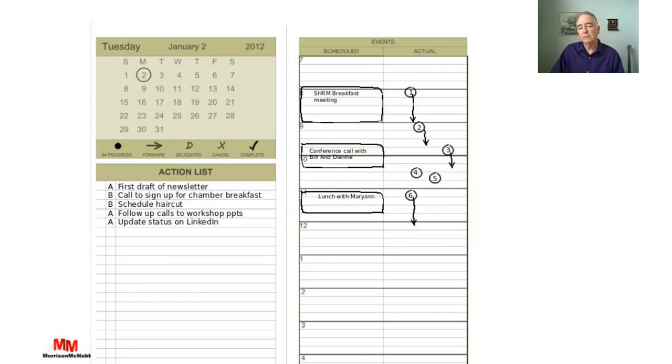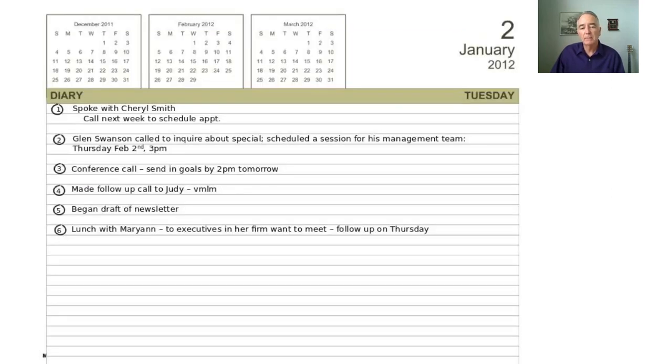Now, if you look at these circles right here, I know you probably can't see my cursor, but there's a 4 and a 5 that don't have arrows drawn on. Those are like phone calls or something that came in that didn't have a long duration, but they're worth noting because there may be some action to take as a result of those. And then you would make some further notations on what those activities are.